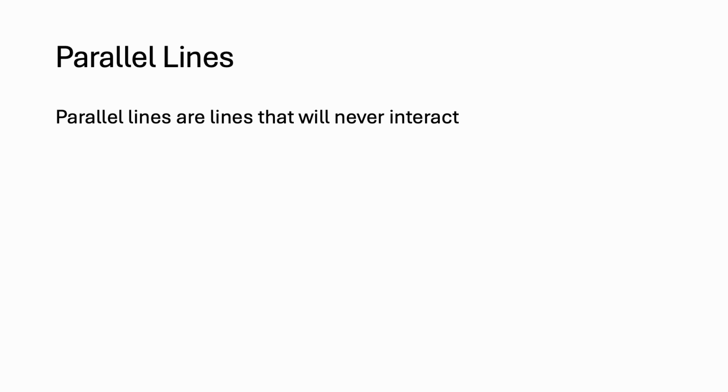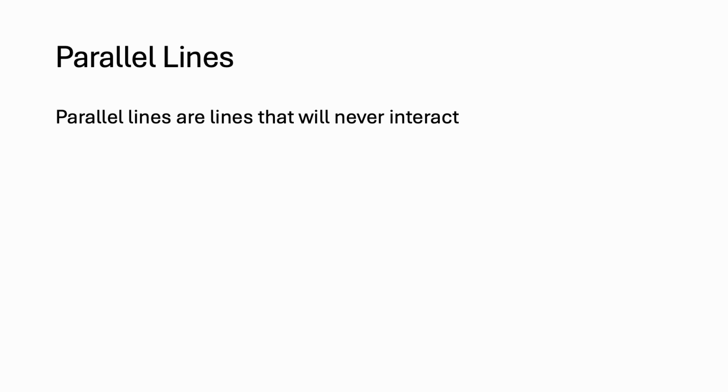Okay, now let's look at parallel lines. So parallel lines are lines that will never interact or touch with each other. The lines can go on forever and they will essentially never meet. When it comes to equations of a line, to tell whether two lines are parallel to each other, the gradients